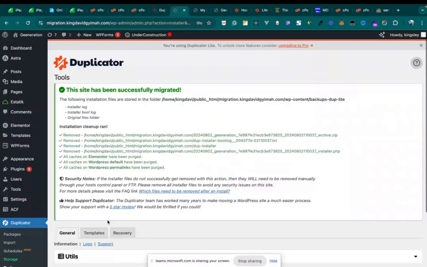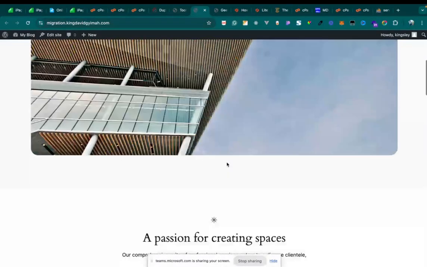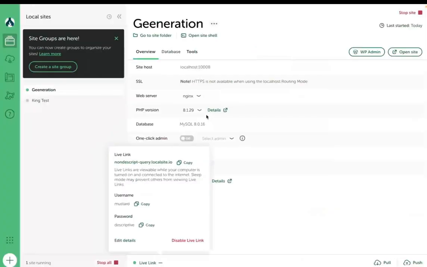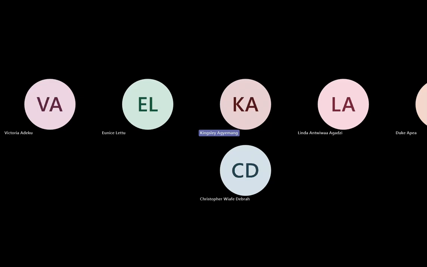I think that is it. So iPage has gotten back to us, and they're actually now done with the WordPress installation, but we don't even need that anymore at this point. So we are good to go. Yeah. So this is basically how you go about purchasing a domain and hosting, and then migrating the site. So that was a lot in one video. I would be honest here because I could have even done a dedicated session just for domain and hosting, then a dedicated session for migrating. But I think I did all in one since